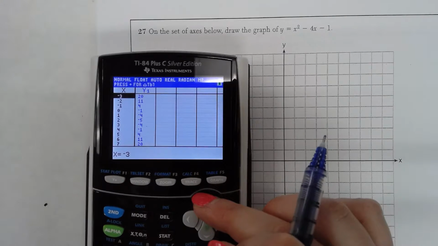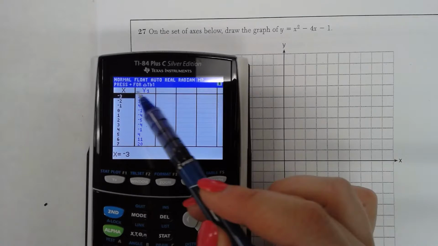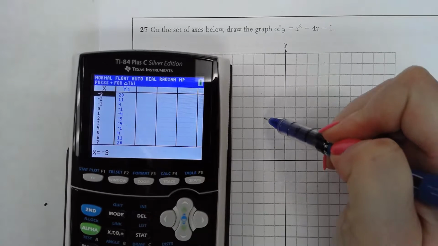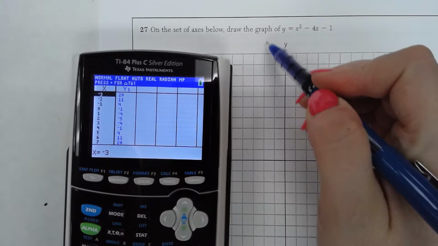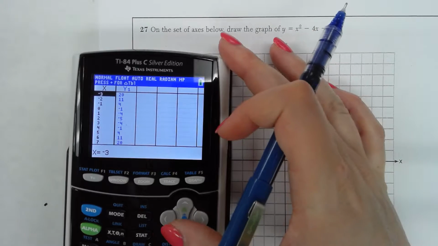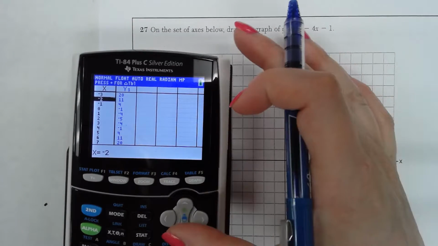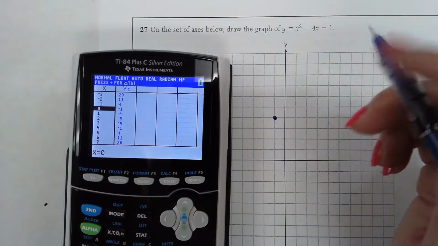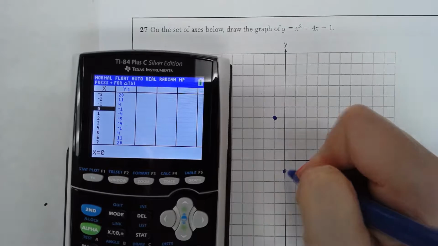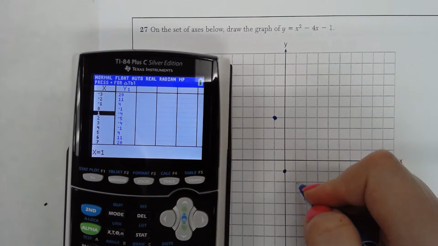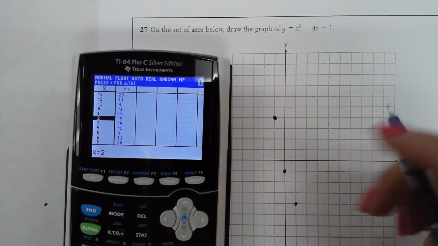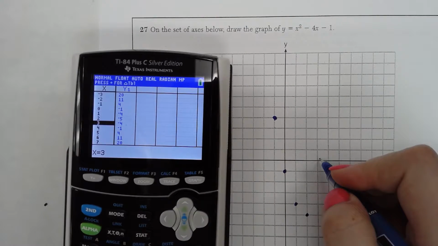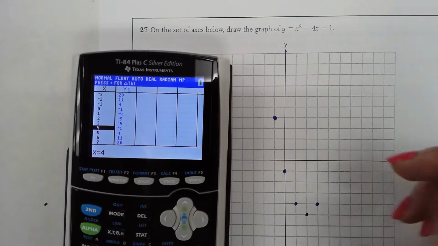And there we go. So I've got a bunch of points here. I'm going to graph whatever I can fit on my page. Negative 2, 11. Okay, so my graph paper only goes up to 10, so I'm not going to graph that point. So let's see here. Negative 1, 4. 0, negative 1, 1, negative 4, 2, negative 5, 3, negative 4, 4, negative 1,